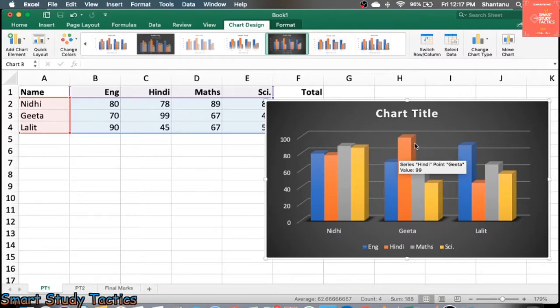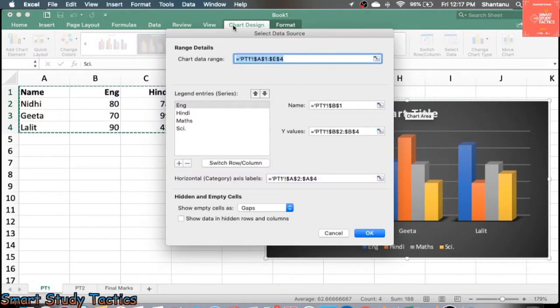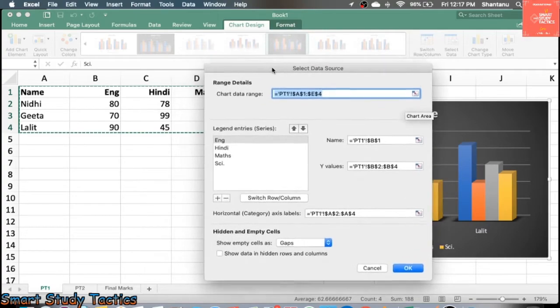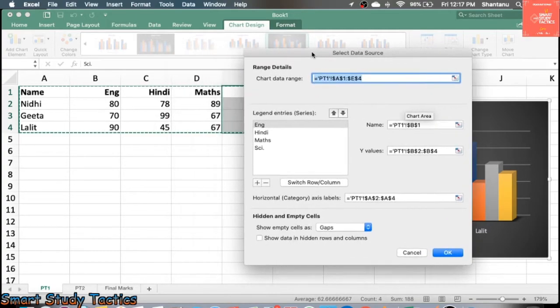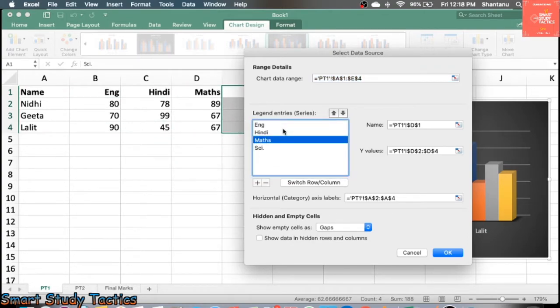Now next we have changing the data range of a chart. Changing the data range. So select, you can see the next option, select data. So you can click here. So just now you can see when I click here, it is going to open a proper window. In this you can see this data is selected. Let's suppose I want to remove any one of the subjects from this chart, any one of the categories from this chart. So click on that particular subject name and click on this minus. It is going to remove from there.